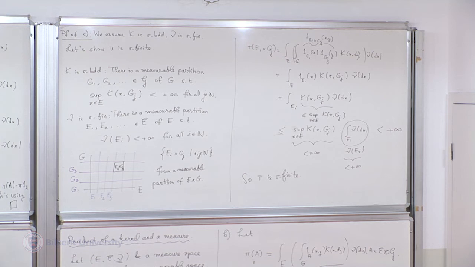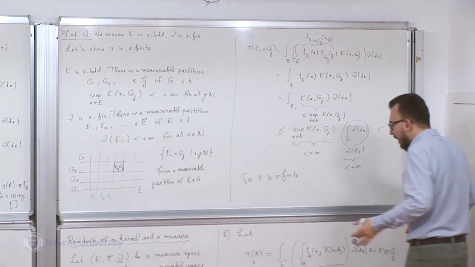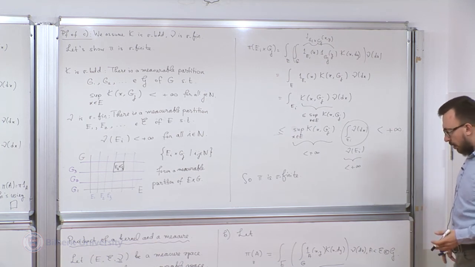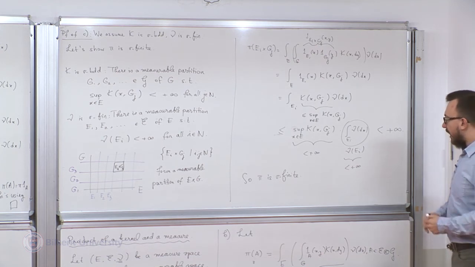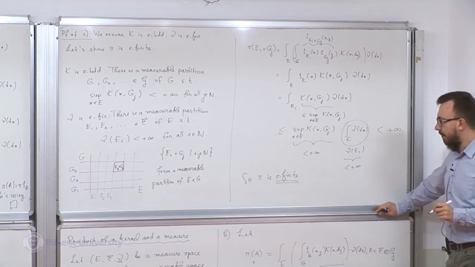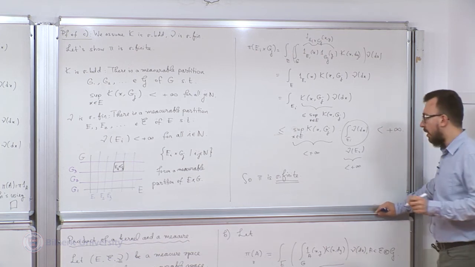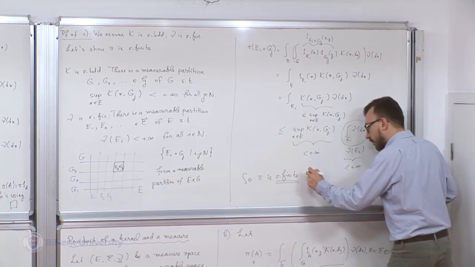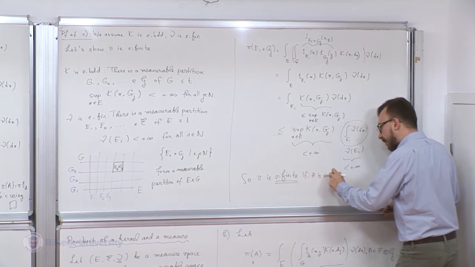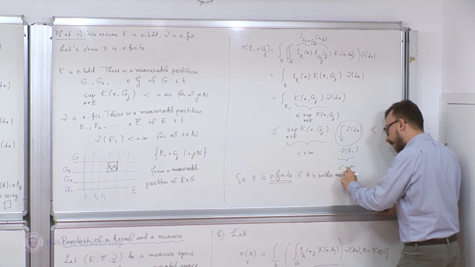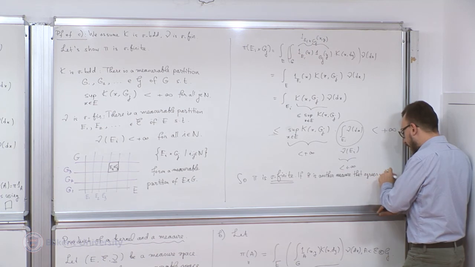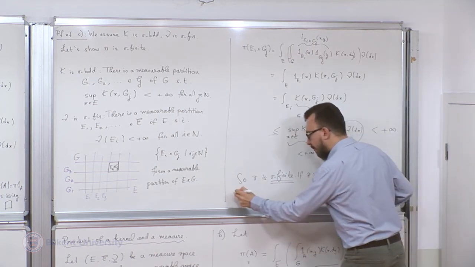And we also need to say that it is the unique measure which assigns those values on measurable rectangles. But this is just going to follow from the uniqueness result about measures. So if pi tilde is another measure that agrees with pi on measurable rectangles,